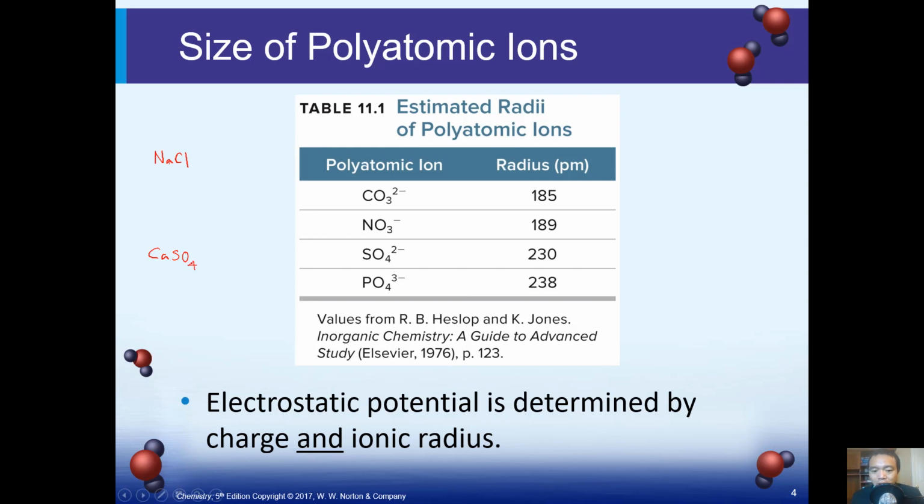The charges on calcium ion and sulfate are twice as large as the charges on sodium and chloride, because you have +2 and -2, versus +1 and -1. So Q1 times Q2 for sodium chloride is -1, and for calcium sulfate, Q1 times Q2 is actually 4 times as large. Now let's compare the distance, which depends on the corresponding radii of the ions. Sodium ion,